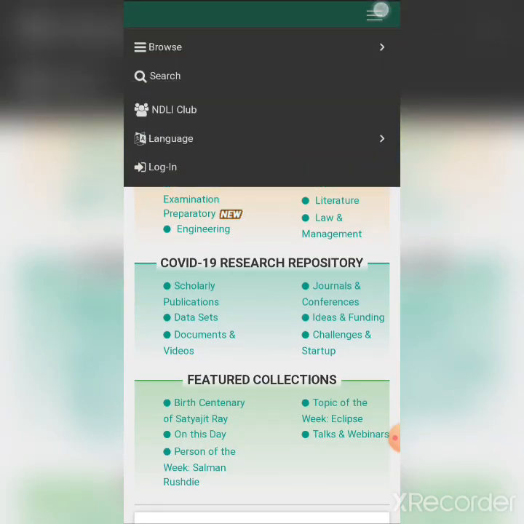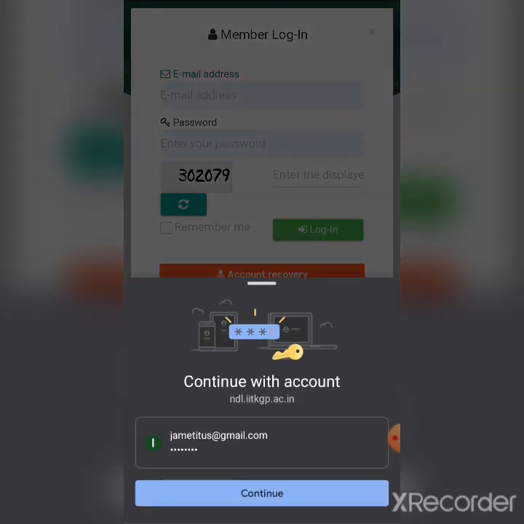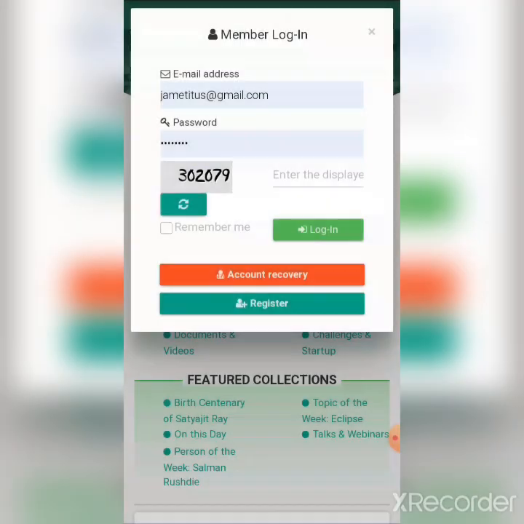Again you press this 3-line button, login. You have to type your password. See, already I gave the save option, so automatically everything is saved here. You have to click here so that the mail ID and password will come here. Otherwise, if you do not give the save option, you have to type manually. Already I gave save, so I click this and everything came.